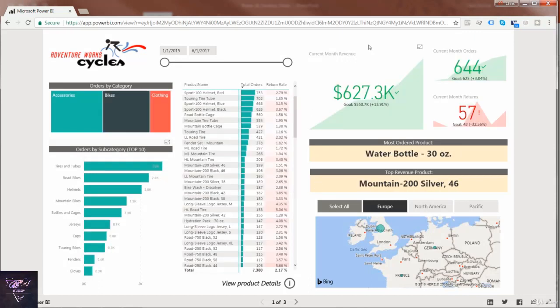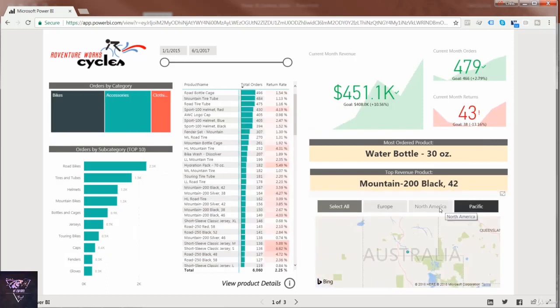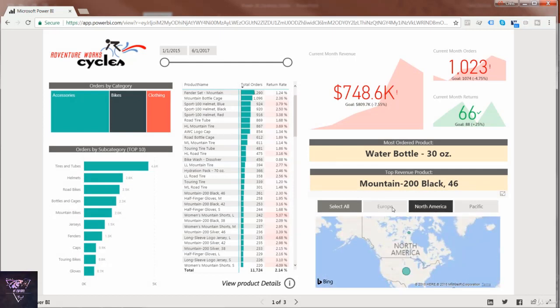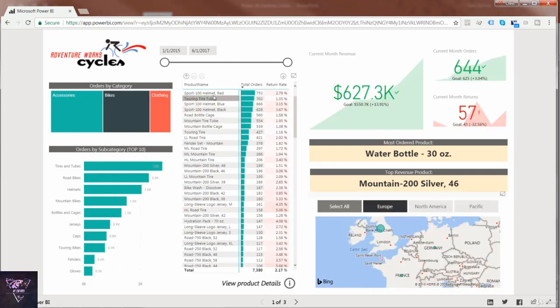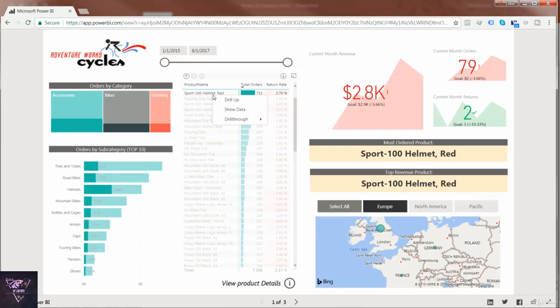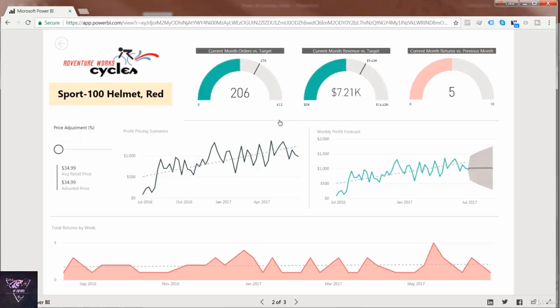We can see the core business KPIs, the revenue, order volume, and returns for the current month. We'll provide a quick snapshot of the most ordered products and the top revenue driving products, and include the ability to filter down the entire page by specific sales regions. Not only that, but we'll include drill through functionality to dive deeper into specific product performance and provide insight like